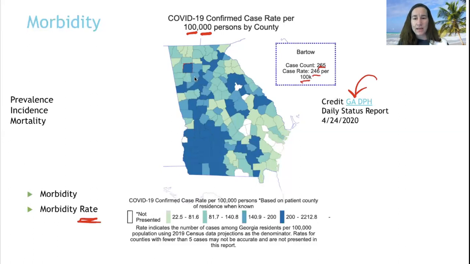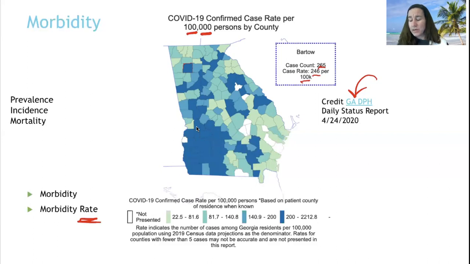Where I'm at, Cherokee has a case rate of 141 per 100,000. Let's look at Fulton, where the airport is. Theirs is 227 per 100,000. Albany, down where the outbreak was, holy cow. Terrell County has a case rate of 1,892 cases per 100,000. That's insane. So you can check how many people are sick per standard number, and that helps you standardize across different areas and regions.